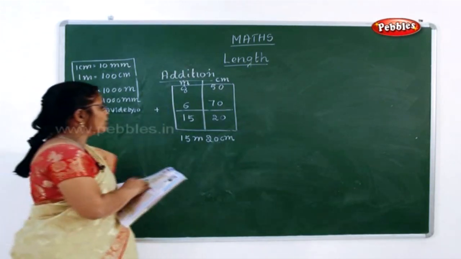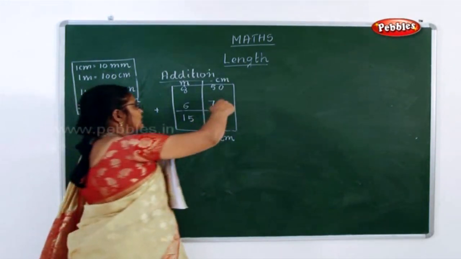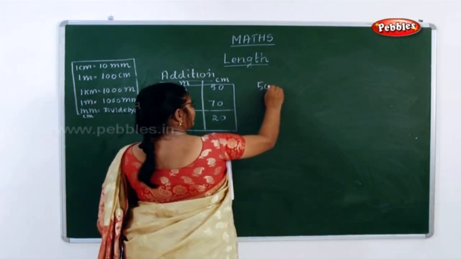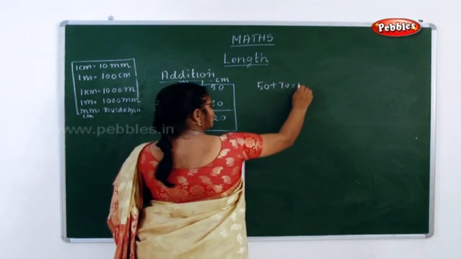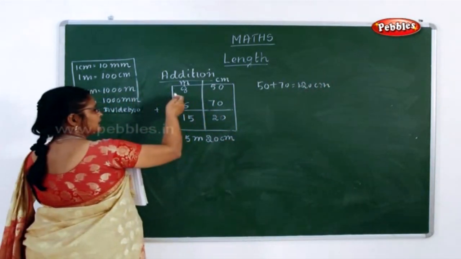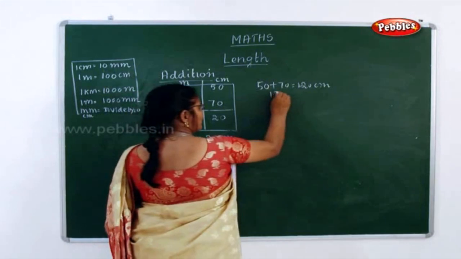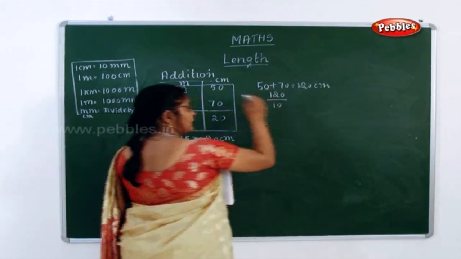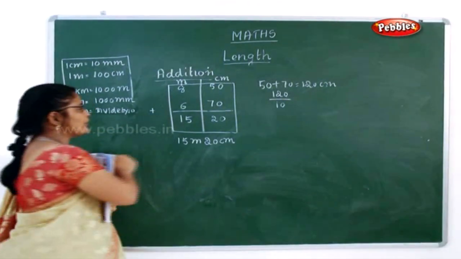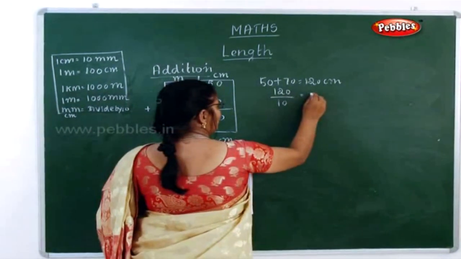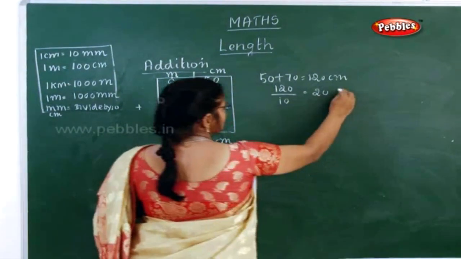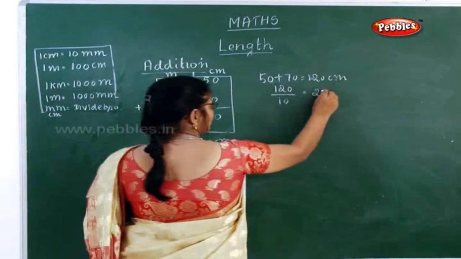See, but actually, mathematically, how you have to do is 50 plus 70 is what? 120 centimeter. You got 50 plus 70, you got 120 centimeter. Now, how will you convert this 120 centimeter into meter? You will write 120 divided by 10. I think I told you. See, you are just dividing by 10. Now, how will you divide it? You will divide by 10, you will have how much? It is 20. You will divide 20. It is 20 meter.